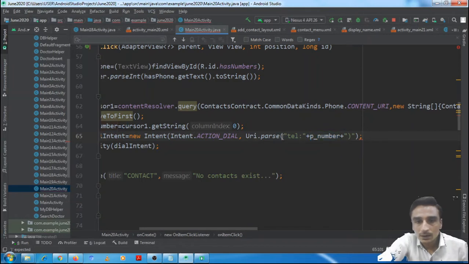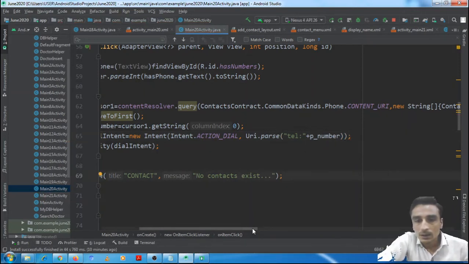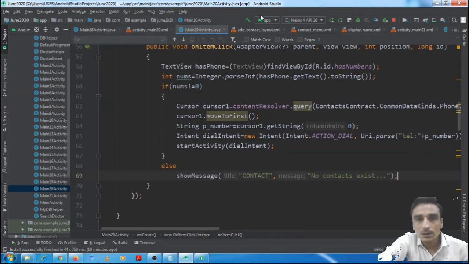A bracket is to be written here. Now let us run and check it.